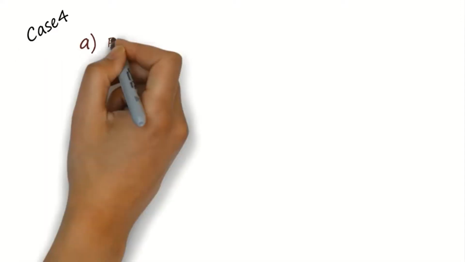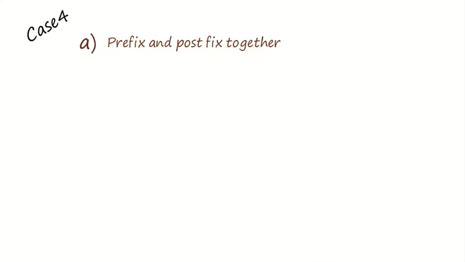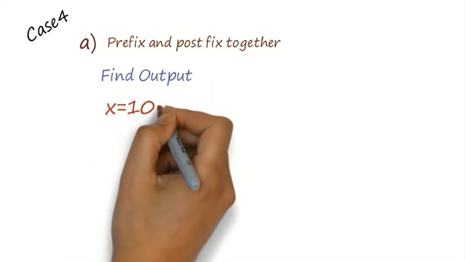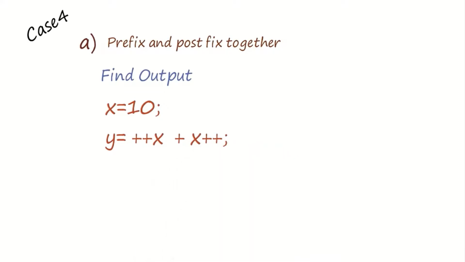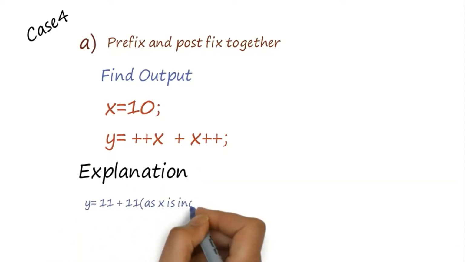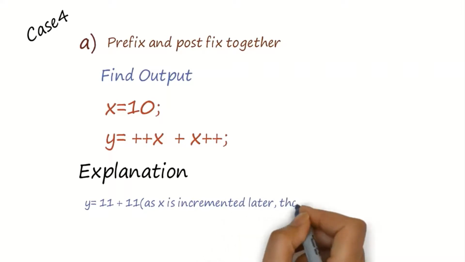Now let's consider a problem which has both pre and post increment operators together. So ++x will be 10 plus 1, that is 11, which is as per the rule of pre-increment. We increment the value of x and then assign it to x. Now for the x++, it will follow the method of post increment. That means the value of x will directly get assigned to it. But notice here, it is not the initial value of x. After evaluating ++x, the current value of x is 11, not 10.